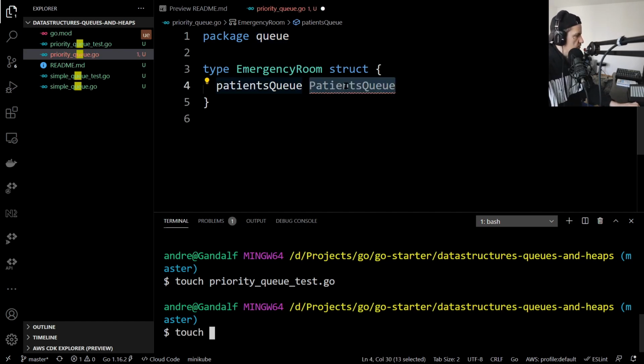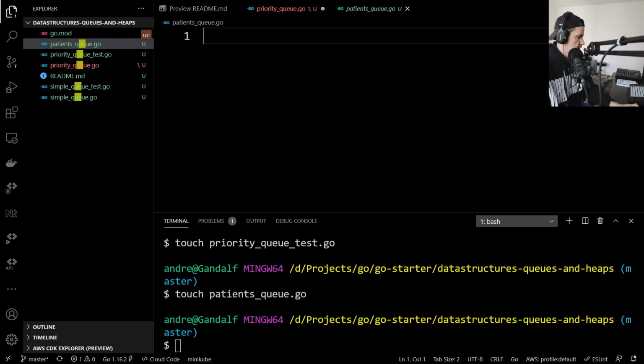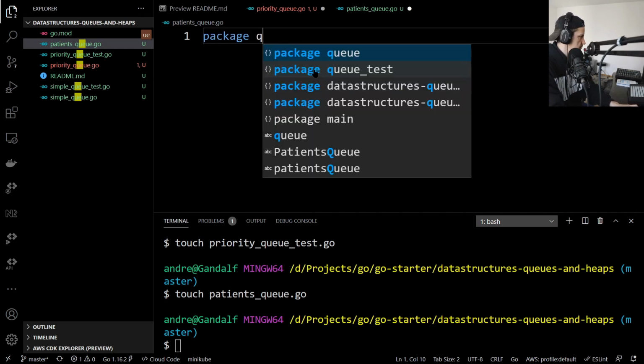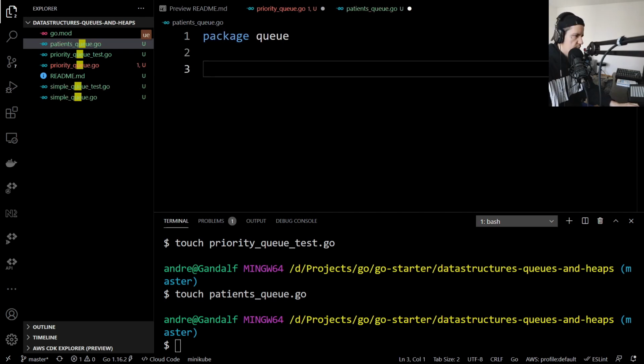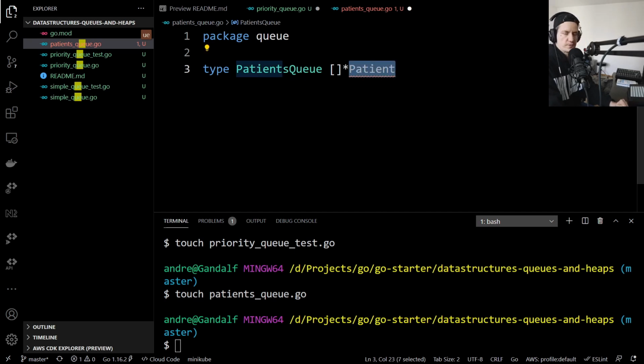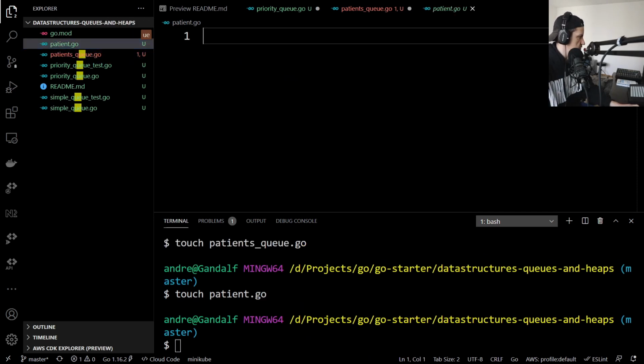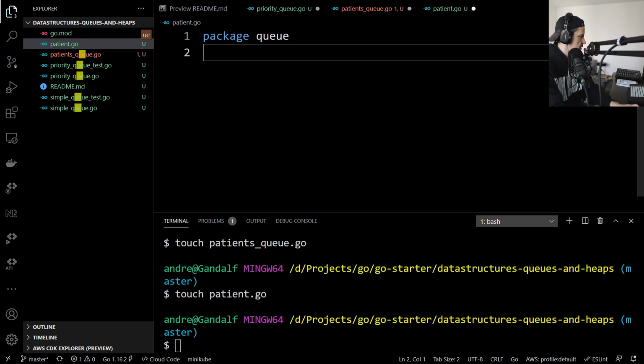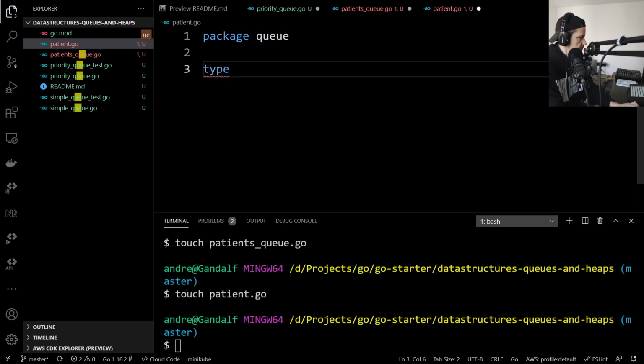So I could just create it above here, but I will create a new file just for the sake of having a bit more organized code. So let's create patients_queue.go, and we have package queue, and then we have type PatientsQueue, which is essentially just a slice of patients. Let's first define what this type is. Touch patient.go. A patient, essentially, so package queue. So what is a patient? A patient is a struct,